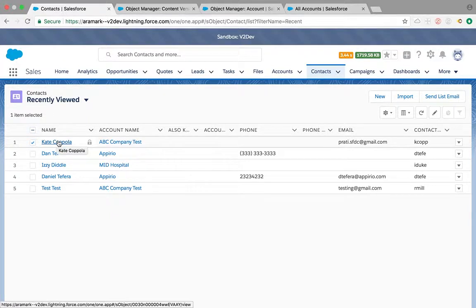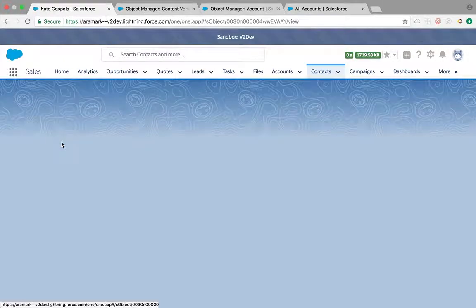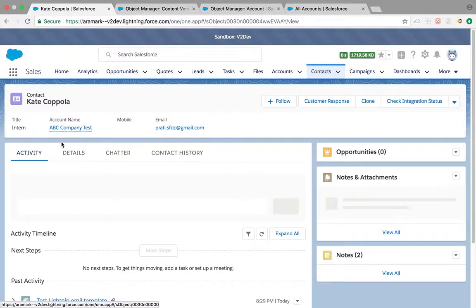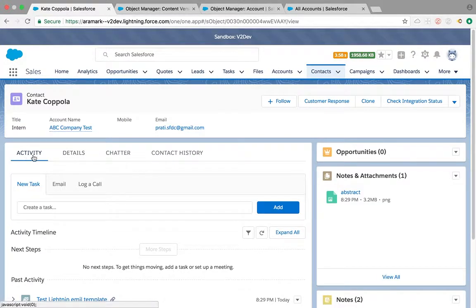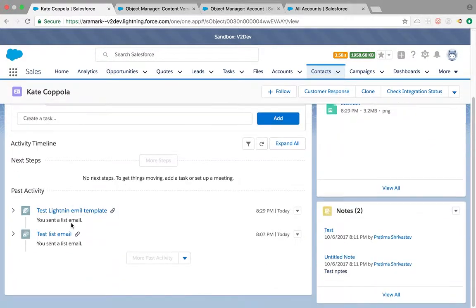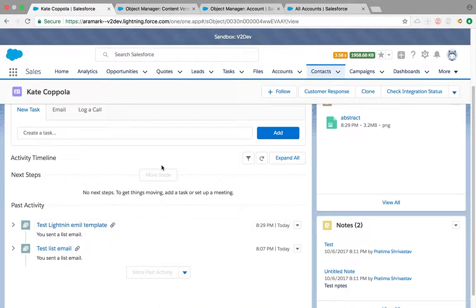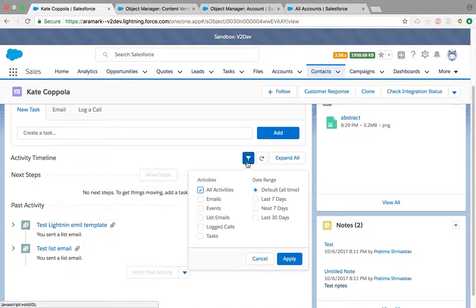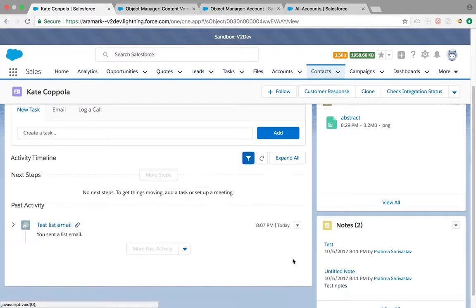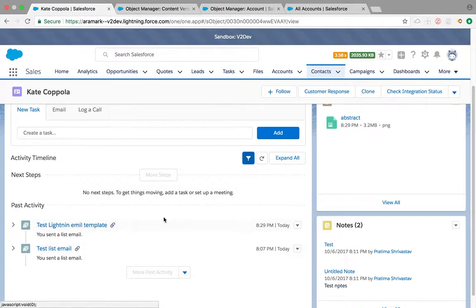That leads to our next enhancement, which is activities. The list email which is sent is available under the activity. And you are also able to filter it out. So if you click on this little filter here on activity, you're able to filter it under list view and apply, and it's going to show up only your